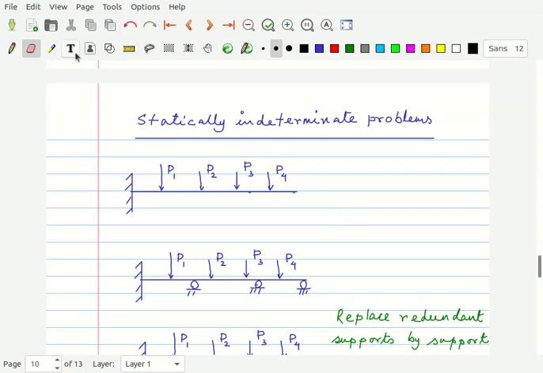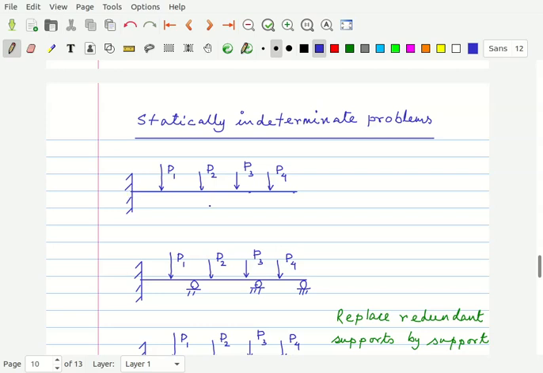Now we'll discuss statically indeterminate problems. In statically determinate problems, the number of unknowns is equal to the number of equations which you get from statics. Suppose this is a cantilever beam, and here there is one reaction force and one reaction moment, and